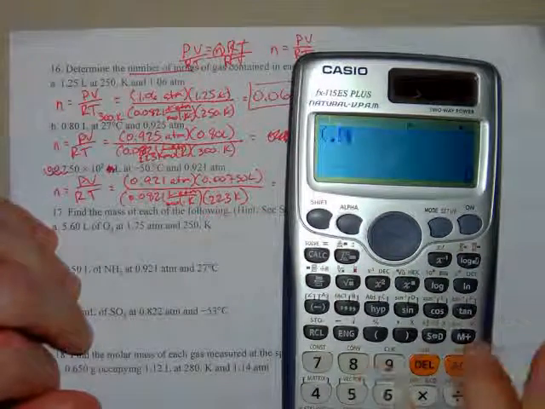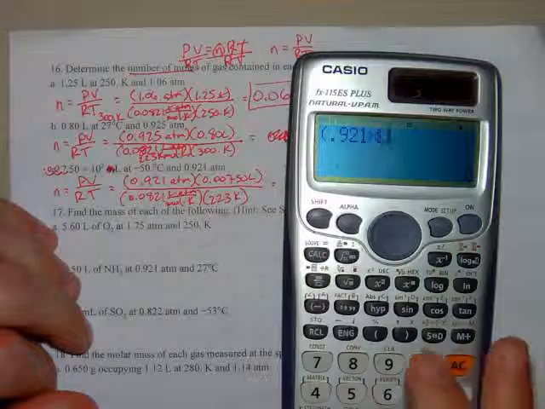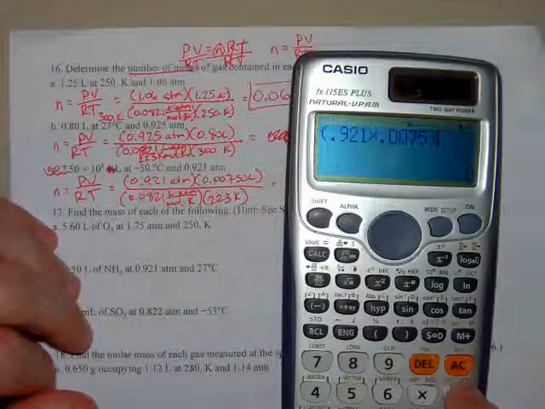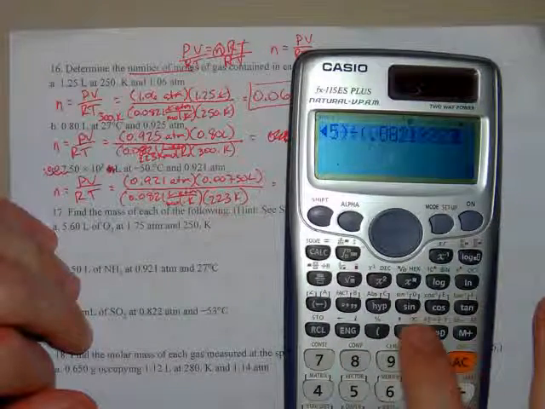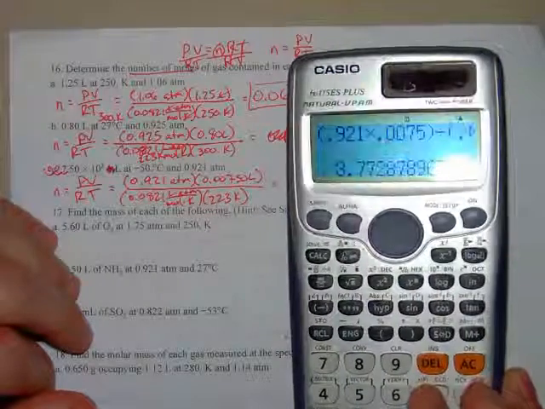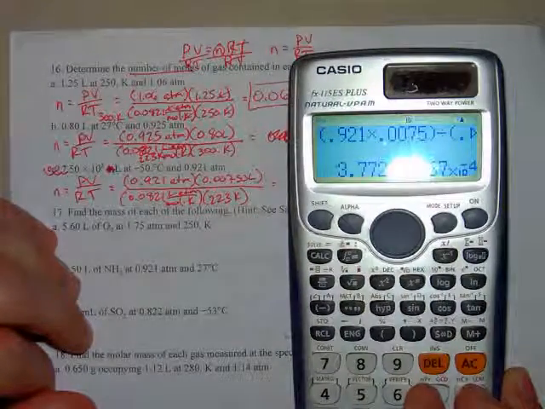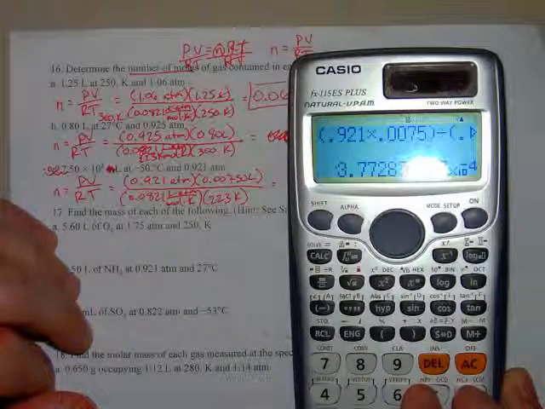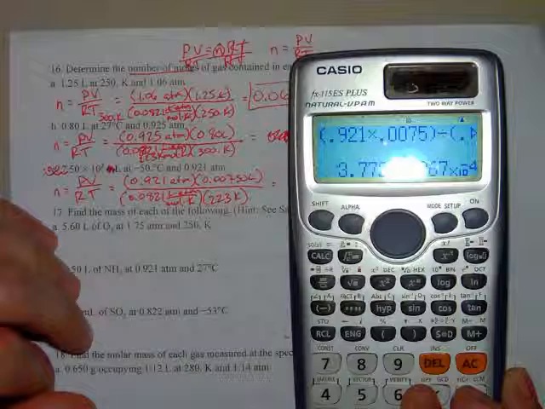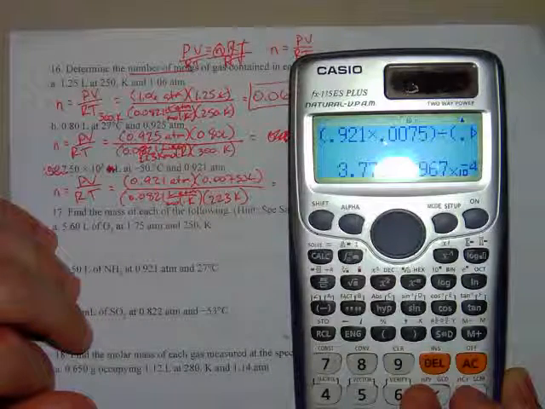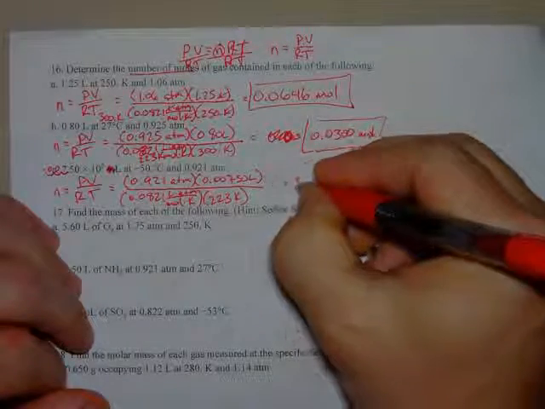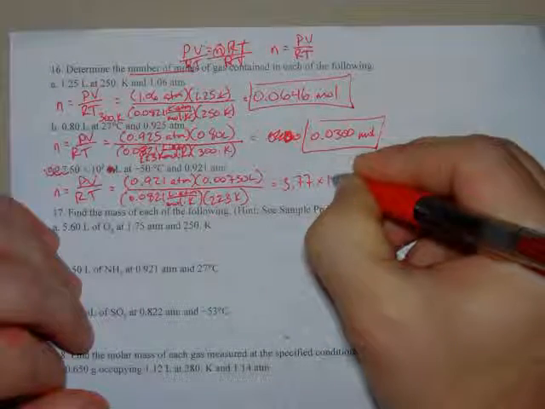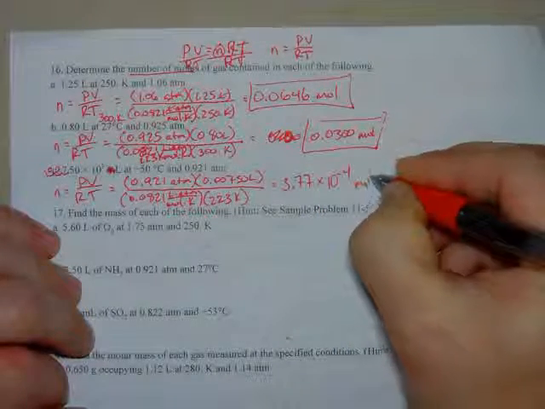Parenthesis up for my numerator, 0.921 multiplied by 0.0075. That's my numerator, all over 0.0821 times 223. All right, now I have a number that's in scientific notation right there. It looks like it's in proper scientific notation, so I'm going to go ahead and leave it. And I want 3 sig figs, yeah, 3 sig figs, so 3.77 times 10 to the negative